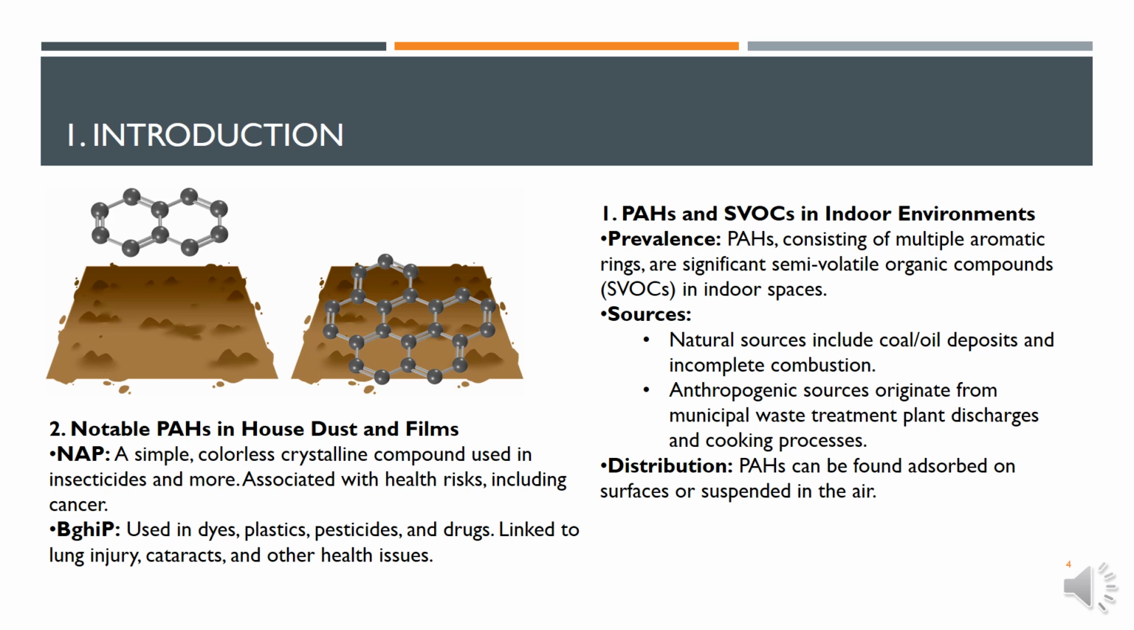In particular, naphthalene and benzopyrene are pretty common in household dust and films. They are also used in various industries. Being around these chemicals can be bad for our health. The amount of PAHs indoors depends a lot on the temperature and how humid it is. When it's hotter, more of these chemicals can get into the air, and humidity can affect how they get released